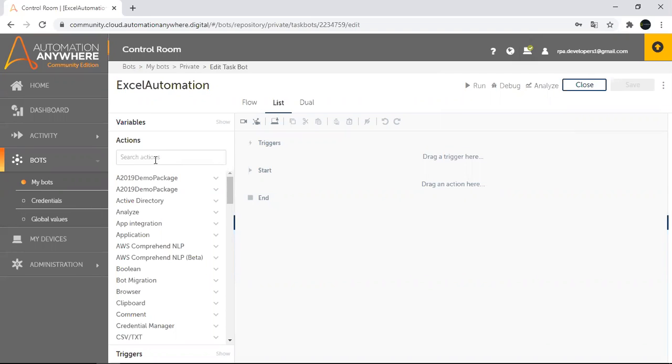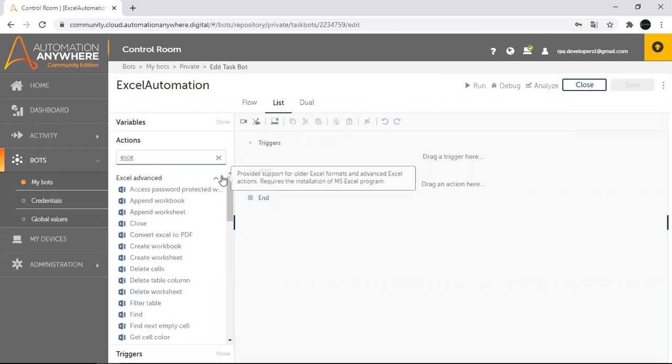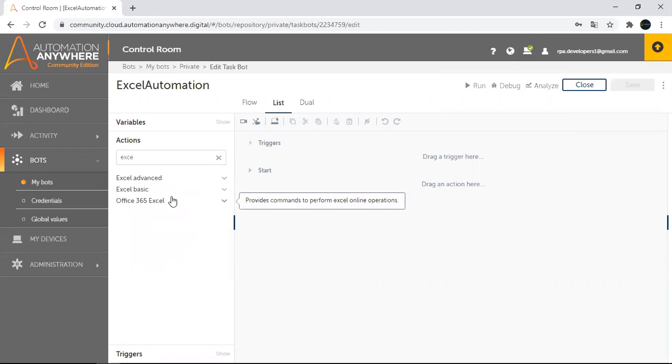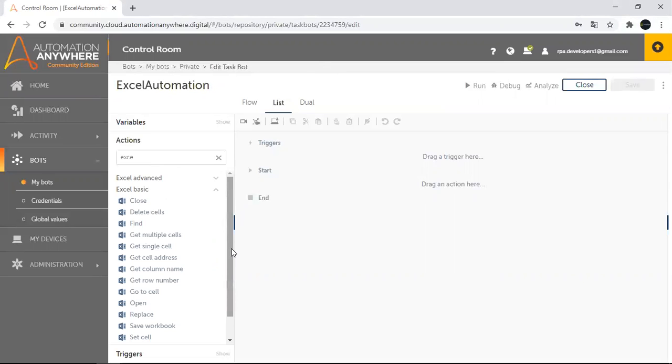So now let's see, I'm going to search here in the action area and I will type Excel. Once I type Excel, you can see there are three options that come up here, which we discussed just now. In my system, Microsoft Excel is already installed, so I will go ahead and work with the Excel Advanced option. We will also see, let's start with the Excel Basic and see what options are available